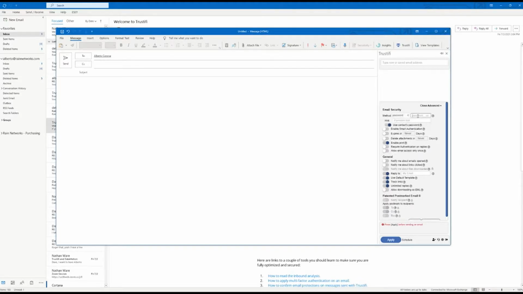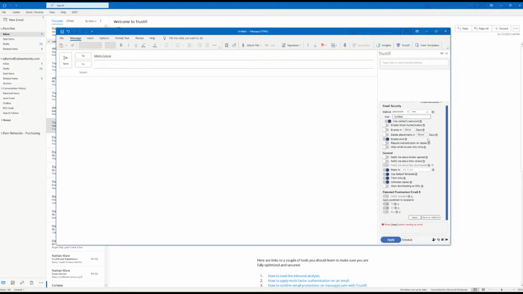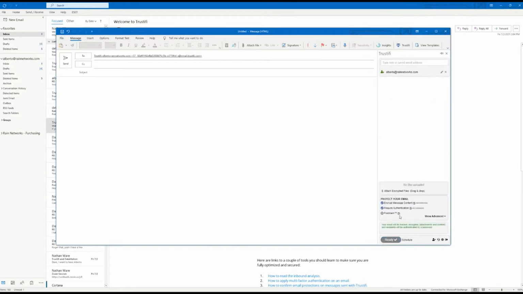And the password is just going to be something random, but it is going to be something that you have disclosed to the person so they know to use this password. And then we're going to go ahead and hit apply. We're also going to show that you can add a file to this as well, which will be encrypted. So now that that's ready, we're just going to set